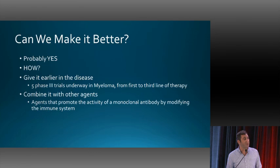Can we make this better? Can we translate or extend that 30% response rate to something deeper, more generalizable? The answer is probably yes. And the next question is, how